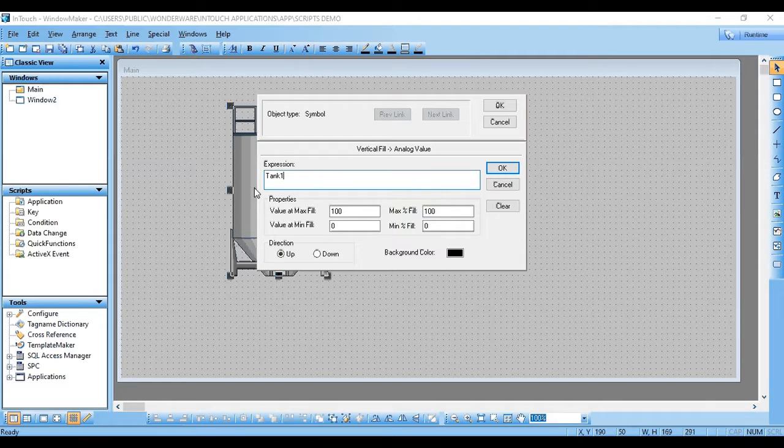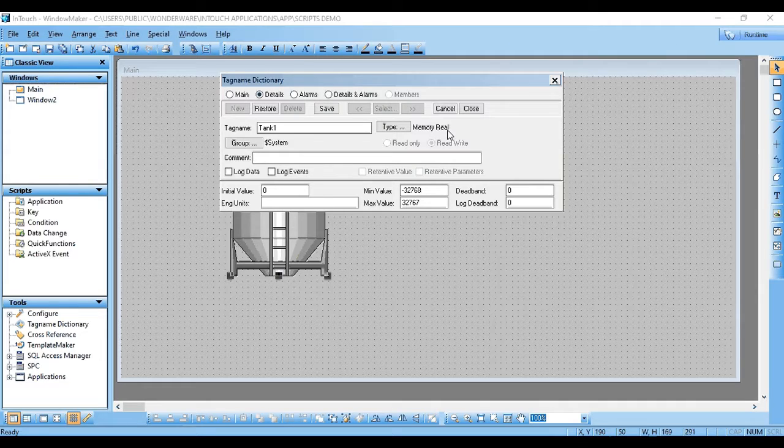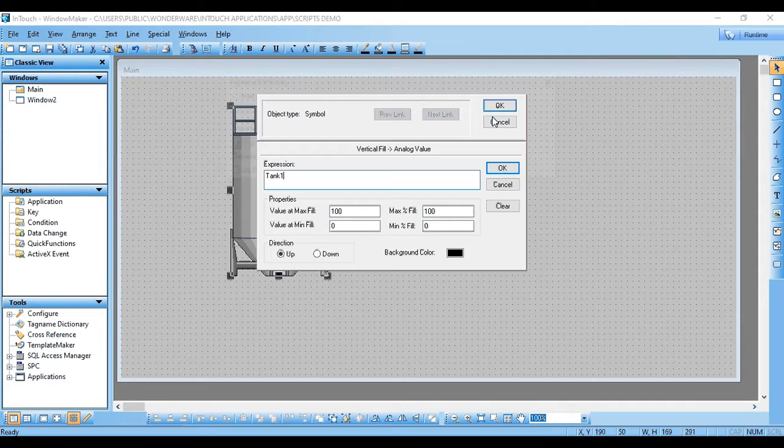You can select any tag name, it is up to you. So I am selecting tank1, memory real for analog value. Save it.